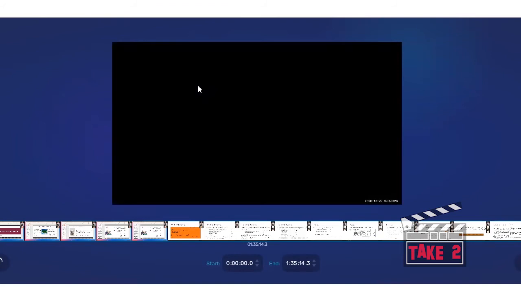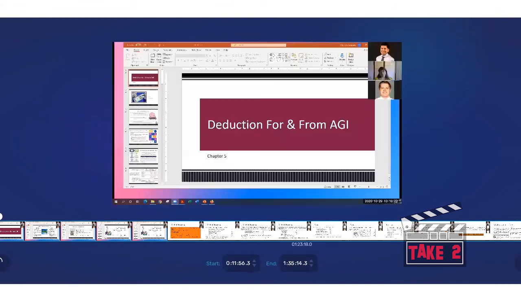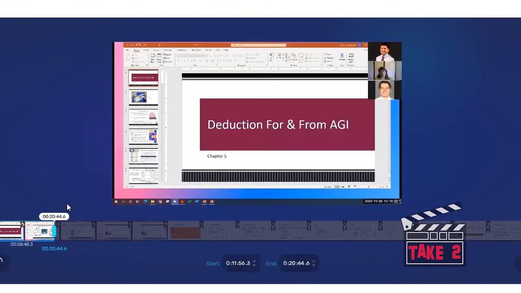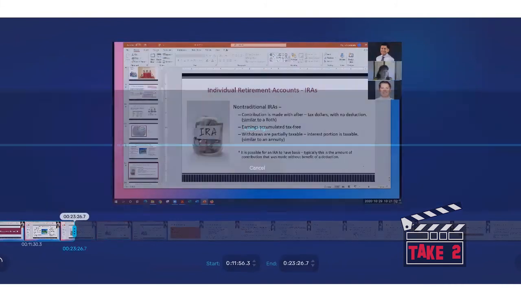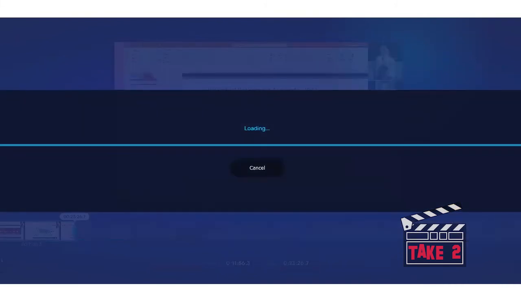So basically I'm looking at just the things that would have been exercises or maybe material that would have been important for the students to know, instead of having the entire class out there. So that's really easy to use. All you gotta do is slide this blue bar to the section that I want. And then now it will just chop that section. There's a little chop feature here, and I hit save, and then it will process that video and save it in an MP4 format so that I can upload it.